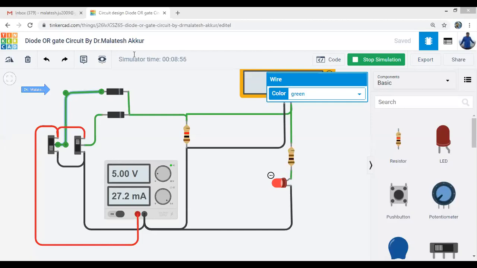Let me explain the difference between the NPN and PNP transistor. These are the basic types of transistors. In the case of the NPN, VCC will be positive. In the case of the PNP, it's exactly the reverse. Depending on the application we use, the action of both transistors will be the same, but depending on our convenience, we change the transistors.